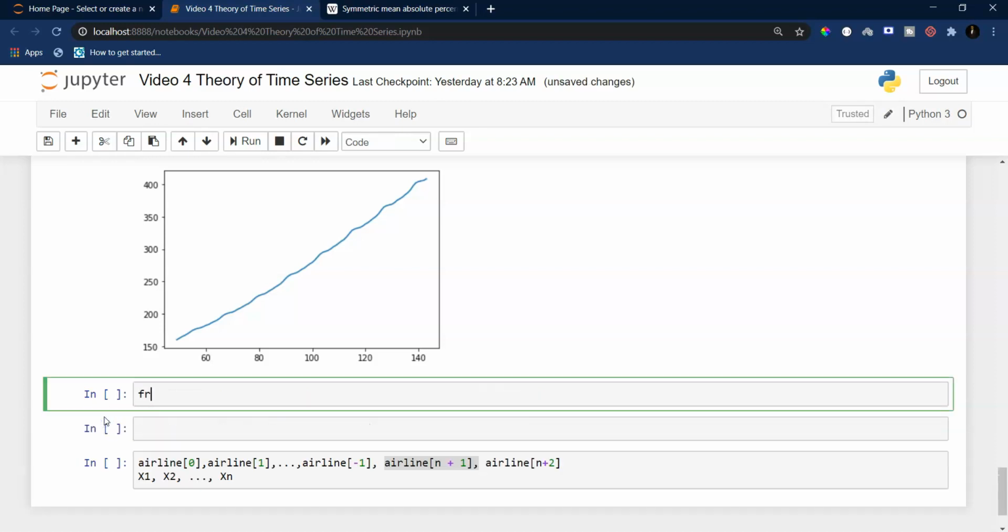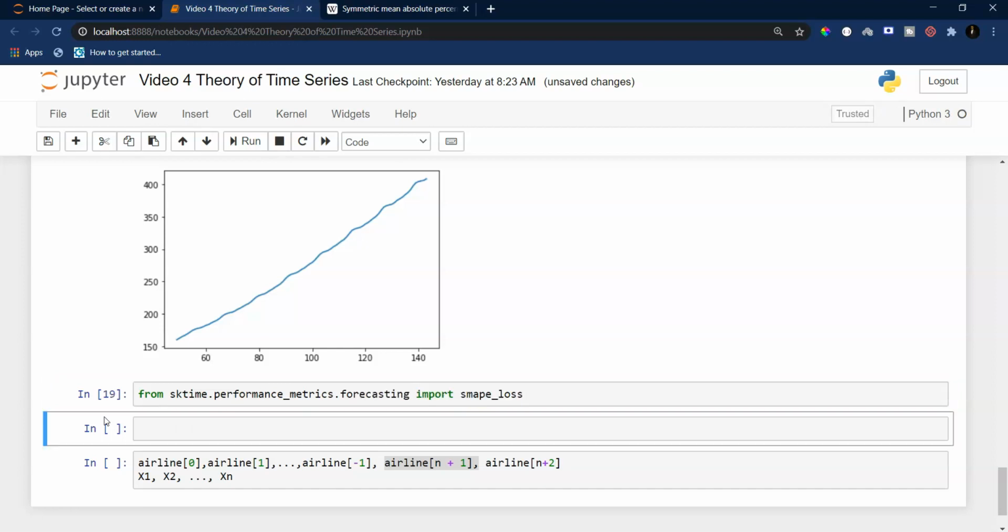So I'll say from sktime.performance_metrics.forecasting import smape_loss. Now this particular function takes, as expected, 2 arguments: y predictions and y actual values.